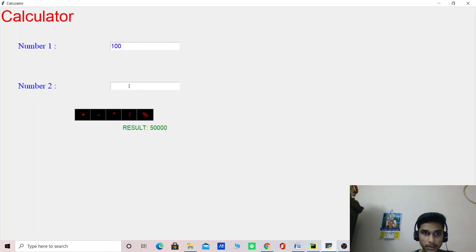I divide it by 5, and it gives the right answer. Now modulus, it also gives the right answer.